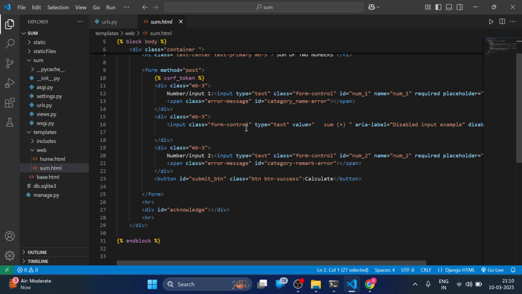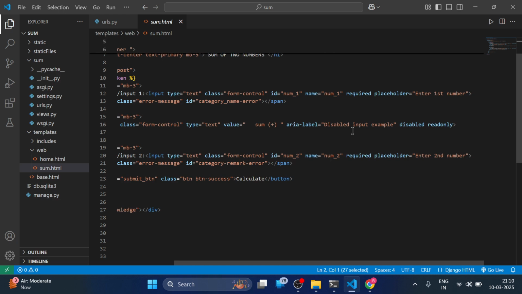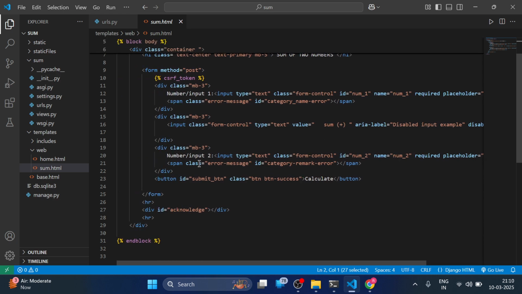Then we have displayed sum, which is of read only type. Then we have taken another text field that will take the input 2, and then we have used the submit button, and here we have an id acknowledge to display the output or result. Okay,